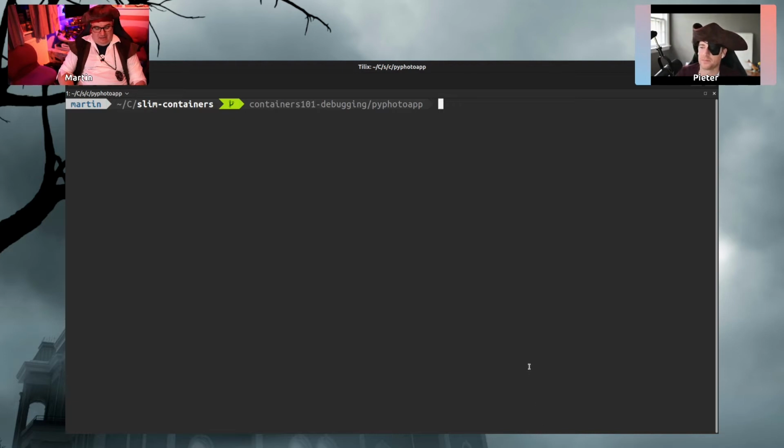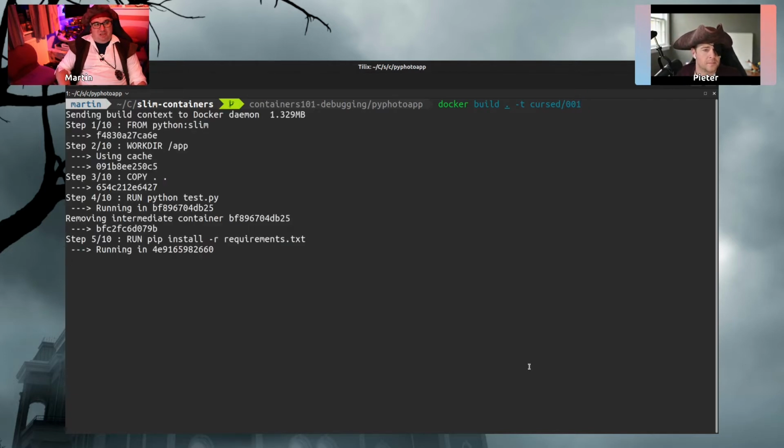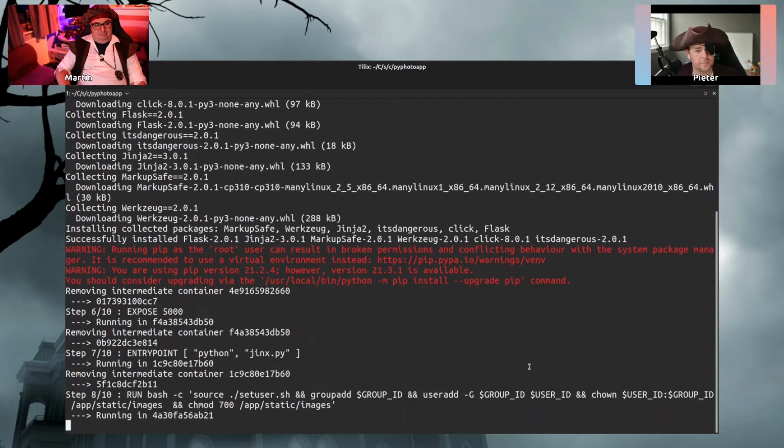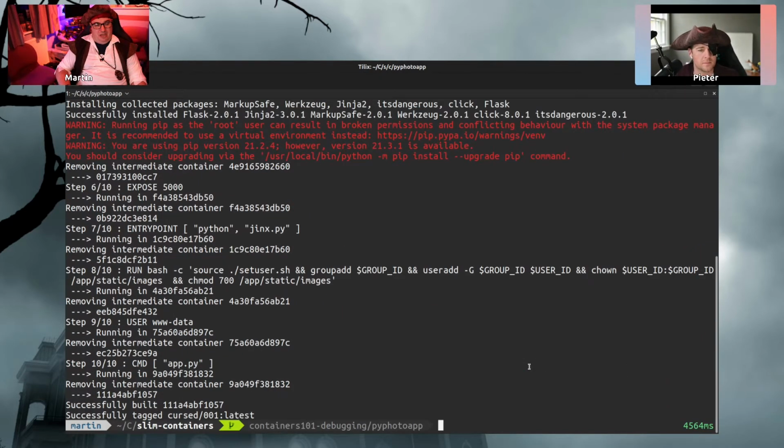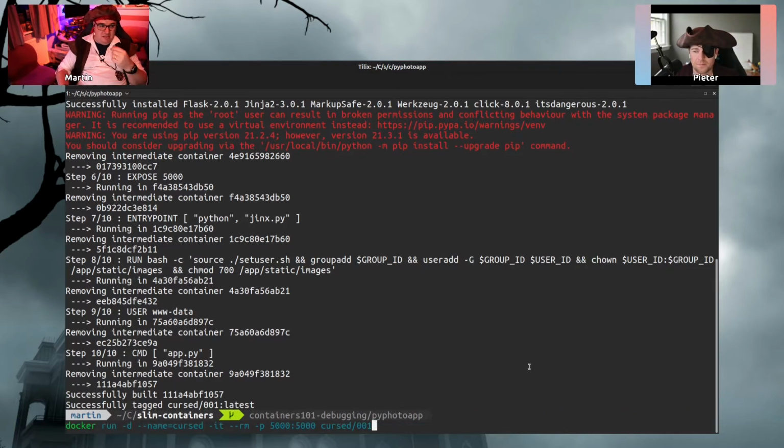Let's get this container built. So I'm going to build it, just building the container here. Okay, well that appears to have worked. So I'll Docker run that and see what we get. Actually,